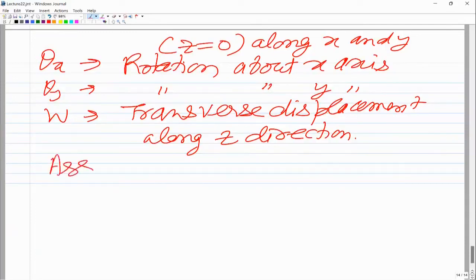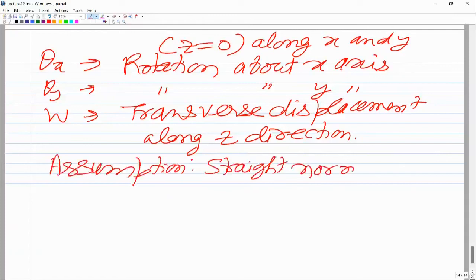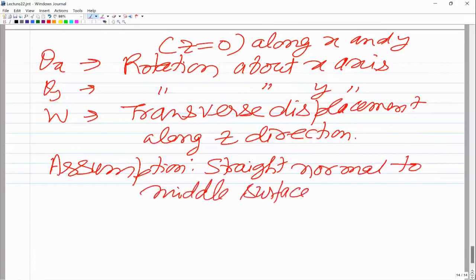So the main assumption is that straight normal to middle surface, middle surface means z equal to 0, the surface at mid thickness,